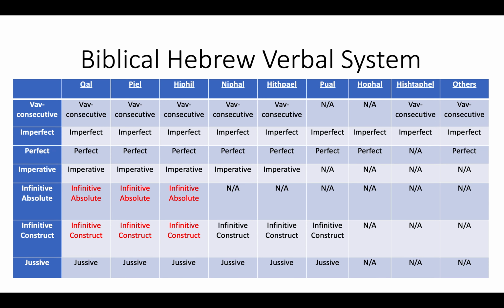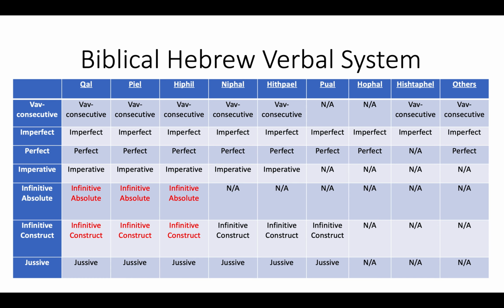Okay, let's move to our next topic, which is infinitives. Biblical Hebrew has two kinds of infinitives. One type is called the infinitive absolute, and one is called the infinitive construct. And of the two, the infinitive construct is more like what we refer to as the usual or normal infinitive